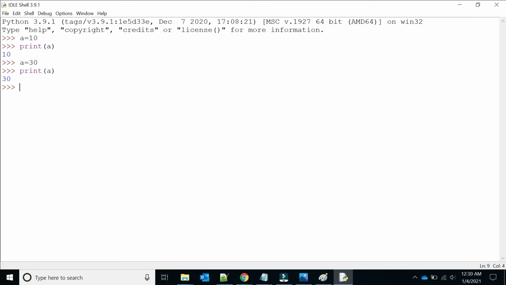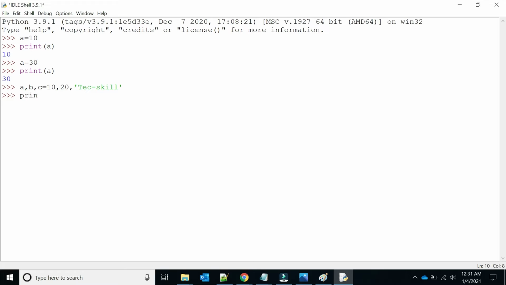We can also assign multiple values to multiple variables. How will we do that? If you write A, comma B, comma C equal to 10, comma 20, and for C we can take TechSkill.